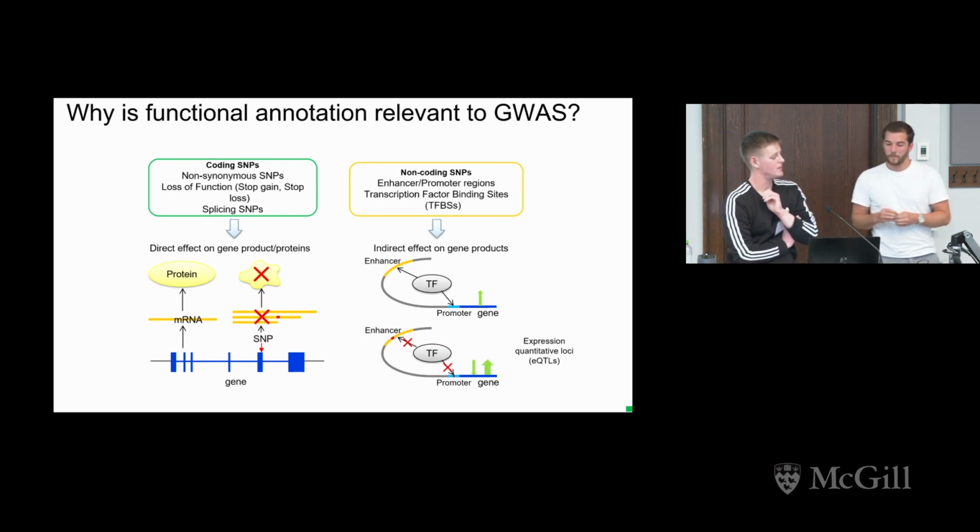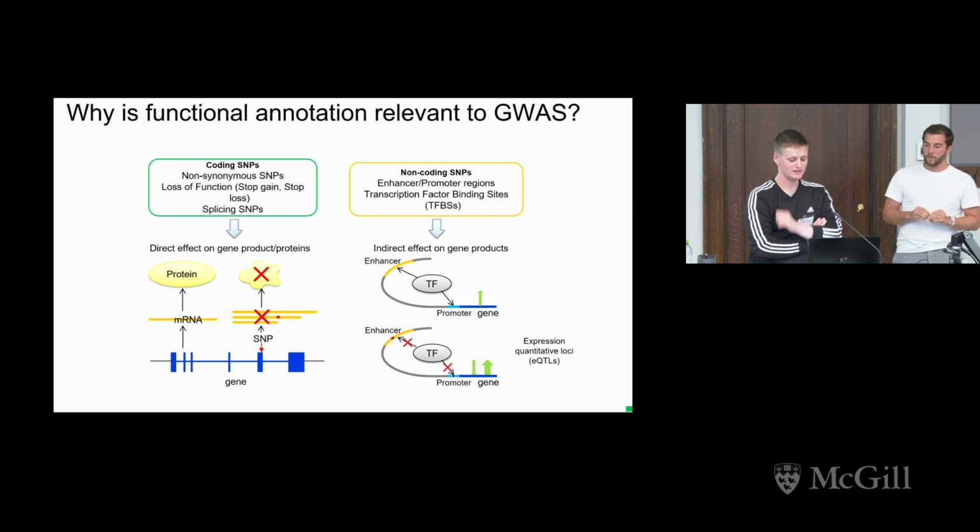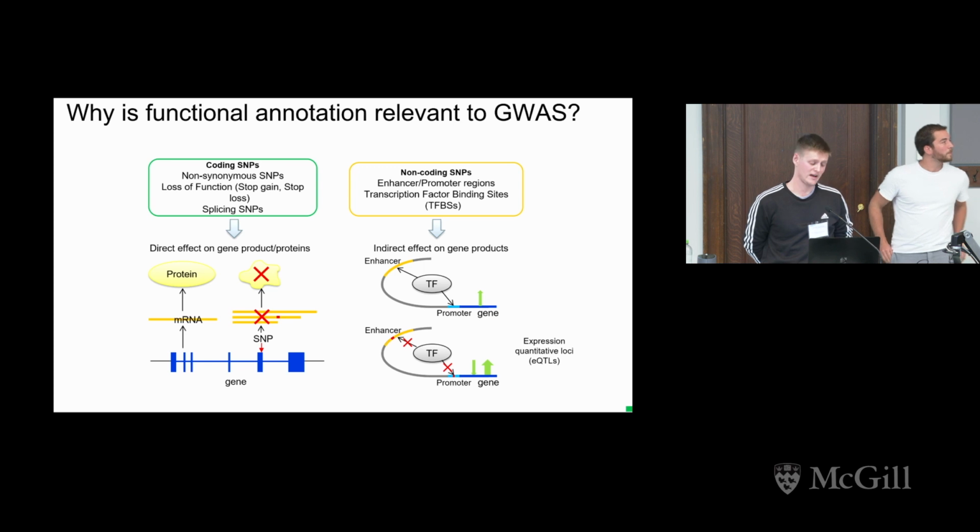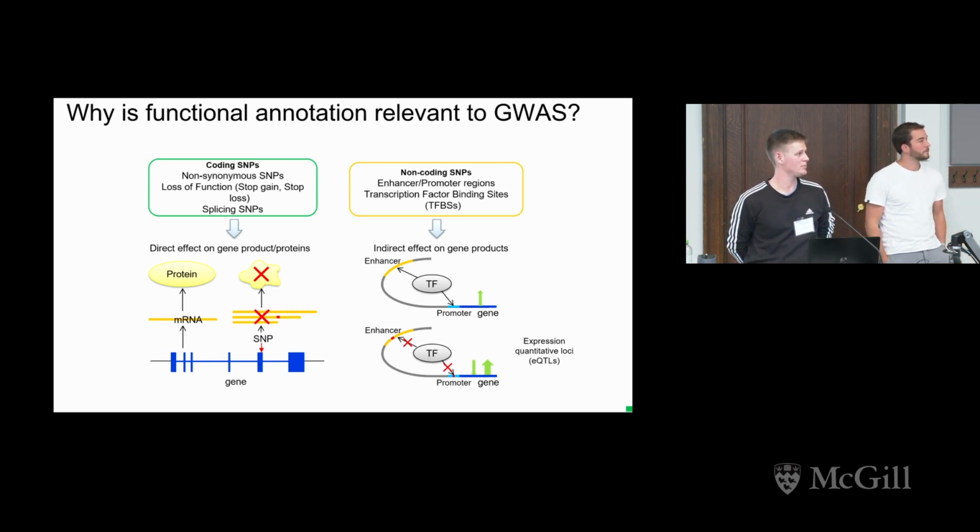So I made these little plots to try and visualize the different types of annotation and what's happening here. On the left you have the coding SNPs, and you want to see where these SNPs exist in a gene. If they exist in an exon, that is helpful because it implies that it's probably going to be turned into protein, and you can see what effect that will have on the protein. And if it's in introns or regions around genes, you can see whether it would affect splicing